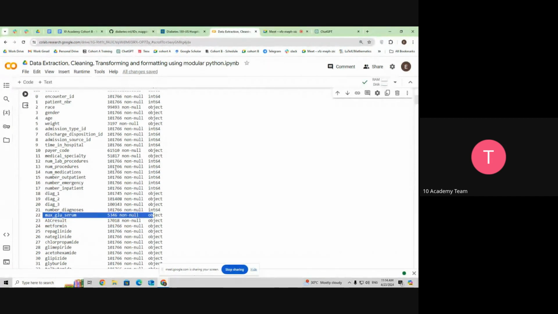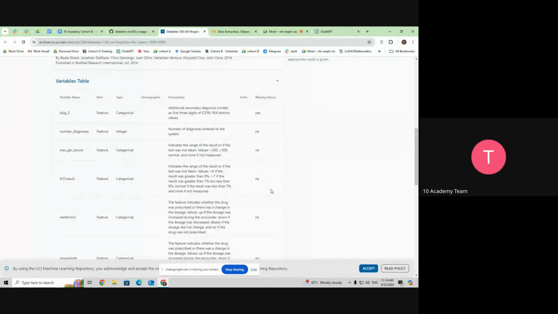Okay, so to know what this max glu serum actually is, it's some kind of measurement of a range of result, and it's empty if the test was not taken. So it makes sense that there are null values, because it's only registered when the test was given, so it's not a mistake. But anyway,